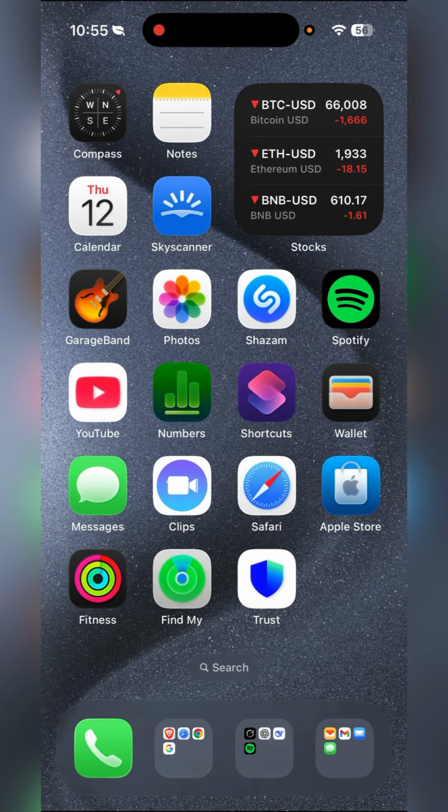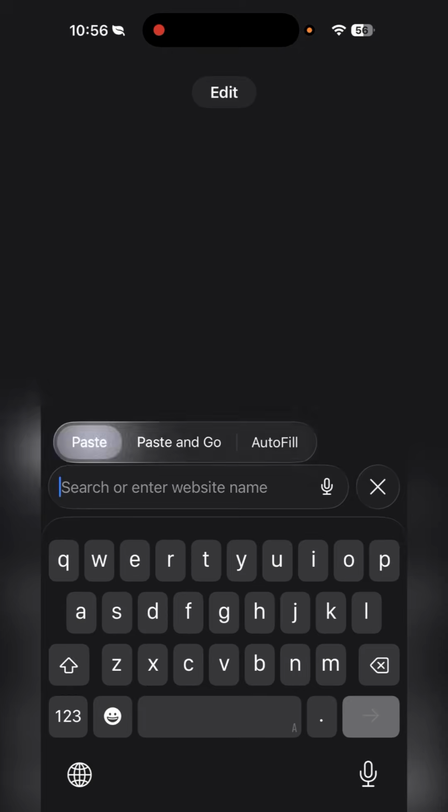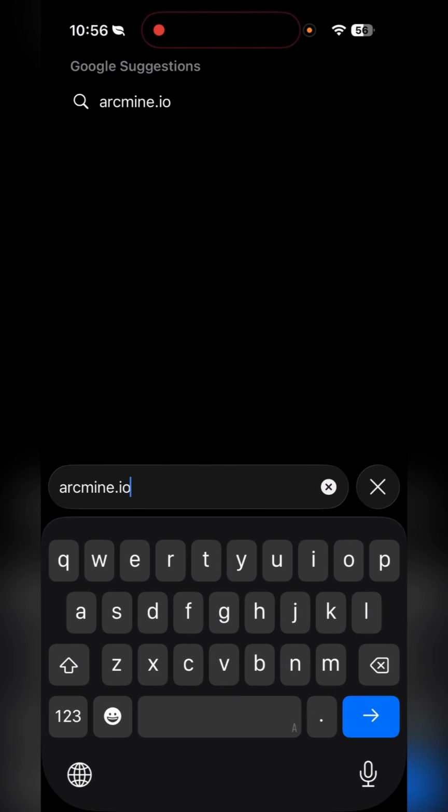In this video, I will show you a way to easily, quickly, and safely mine the cryptocurrency Bitcoin. So, let's not waste any time and get straight to the point. All you need is a mobile phone, a computer, or a tablet. On your device, you just need to open any web browser and find this website. The link to it will be in the pinned comment under this video or in the description, and it's called